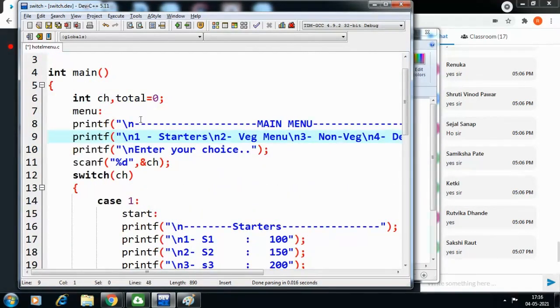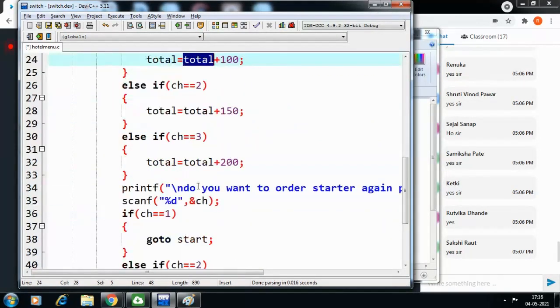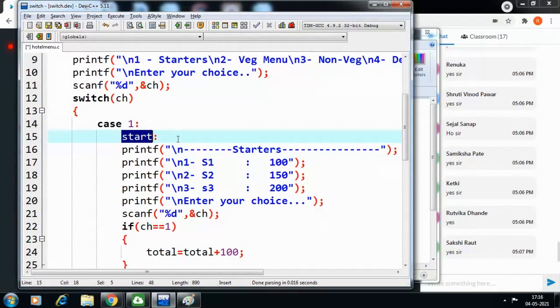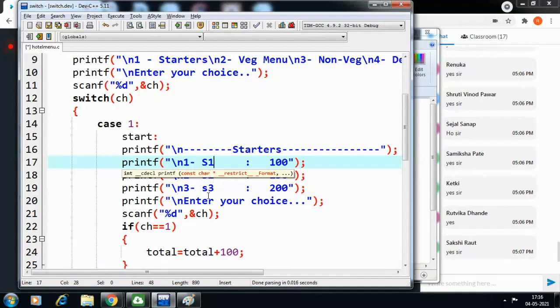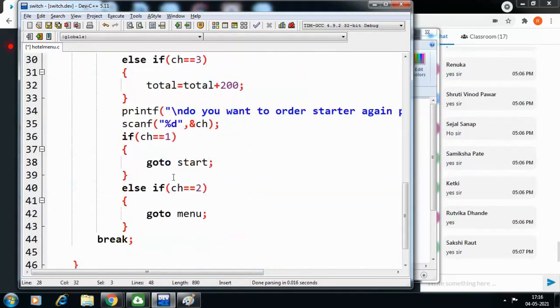बघा काय केलं, 1 दिला the starter, 2 दिला the veg menu, 3 for normal menu, 4 for desserts. You can press 1, suppose 100 rupees इथे add केला. Okay, do you want to continue? Yes केला, परत go to start, then go to this place, again this time 1 for this, 2 for this, I press the choice 2 now, so go to the case number 2, add 100 plus 150, 250. Okay, do you want to continue? No, or do you want to